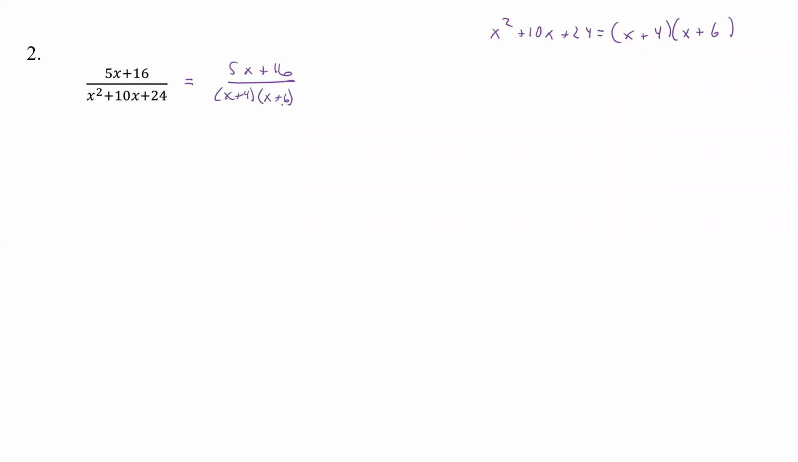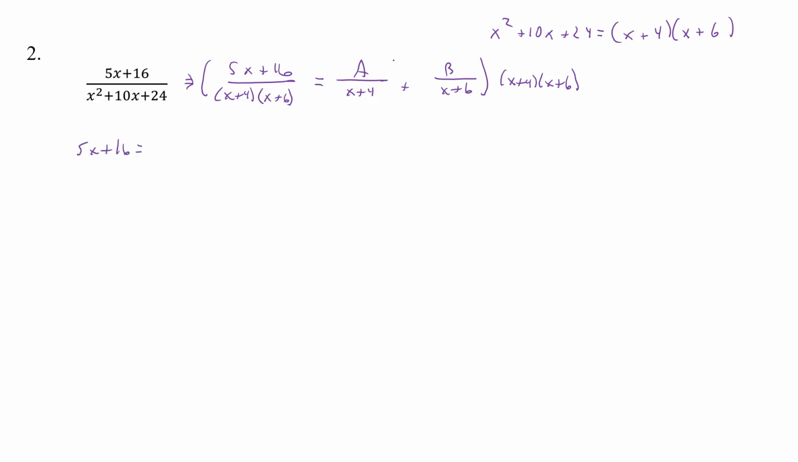Okay. So now at this point, we notice we do not have repeated factors here. And so what we can do is say we want A over the first factor plus B over our second factor. Now what we need to do is multiply by the LCD, which is x plus 4, x plus 6. So when we multiply by the first one, we just get the 5x plus 16 on